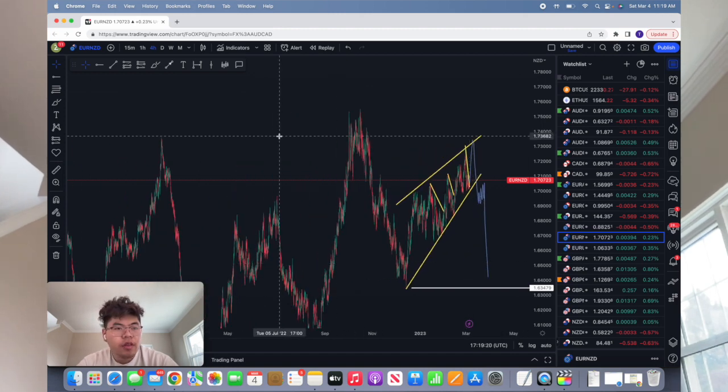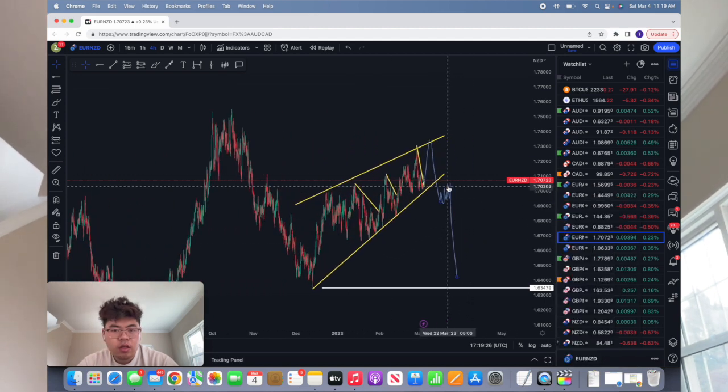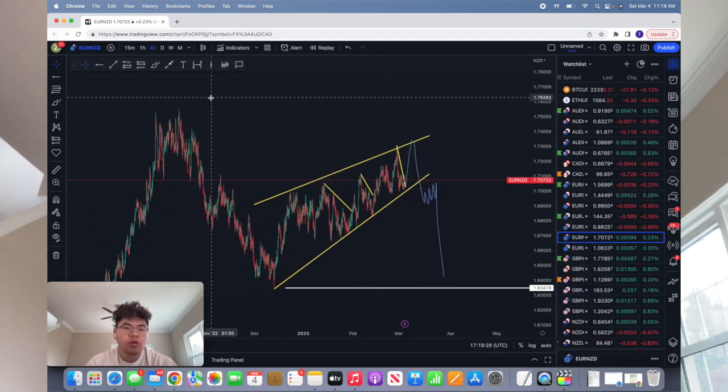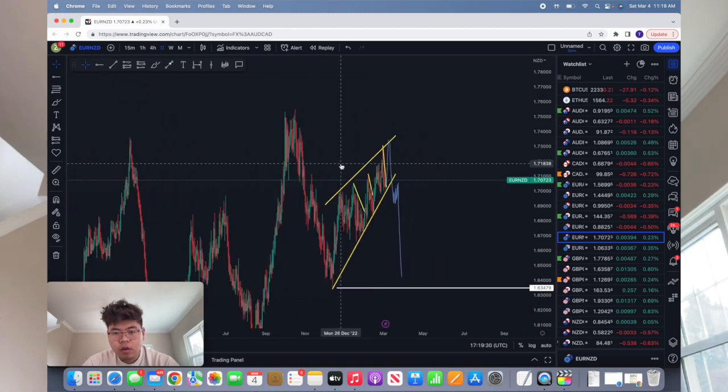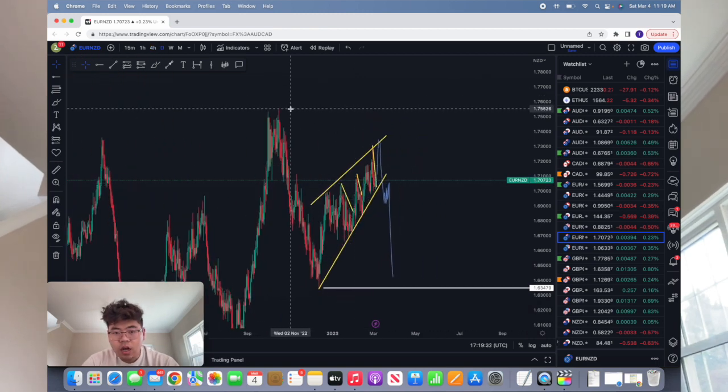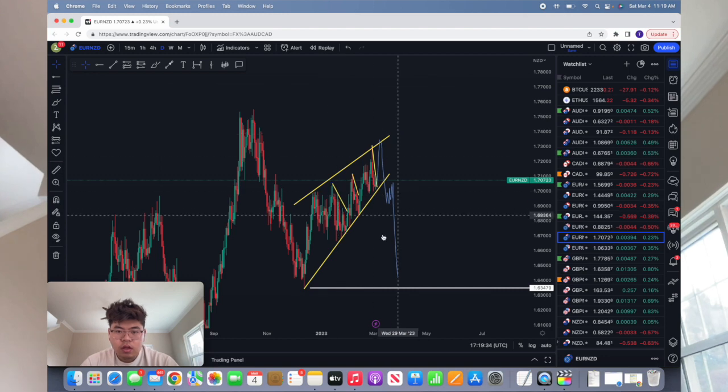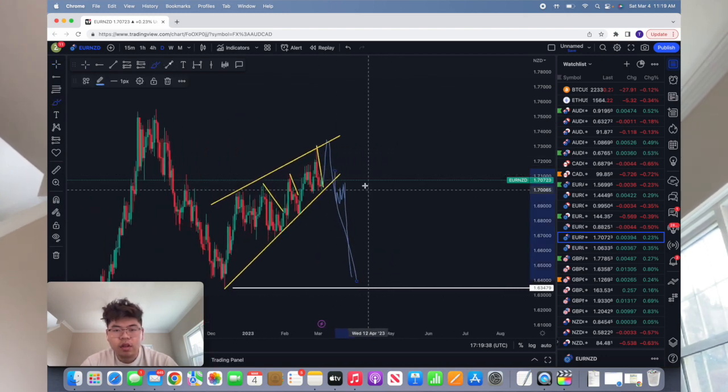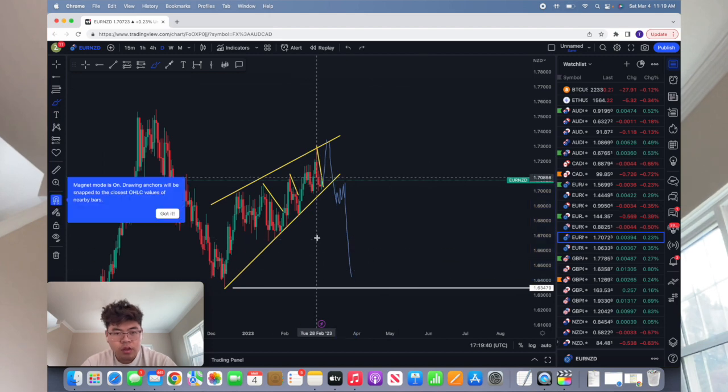Right now for this one, Euro NZD is creating more of a correction. I wouldn't want to enter this. I wouldn't want to bet with this right now. I wouldn't even want to touch the top. It's just a huge, big correction. At any moment, it can just break out the line and just continue.